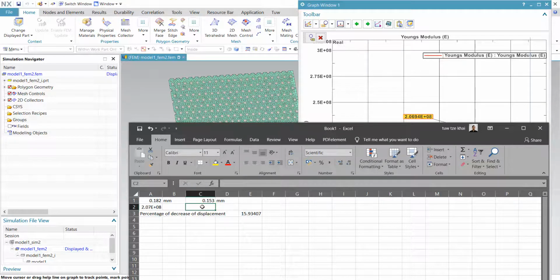At this cell, I'm trying to get the equivalent Young modulus for this simplified model. That will be equal to the Young modulus reduced by 15.9%, so times 100 minus this value over 100. The new value is reduced because we are trying to reduce the Young modulus to get the equivalent displacement result. So we'll just copy this value here